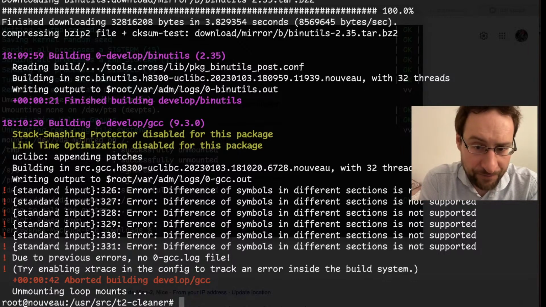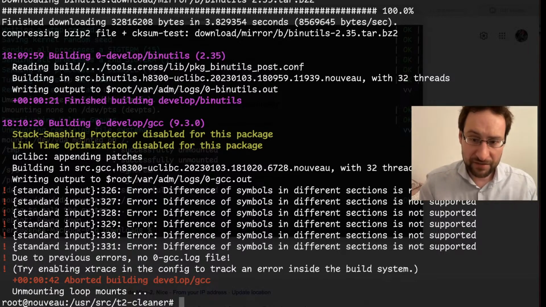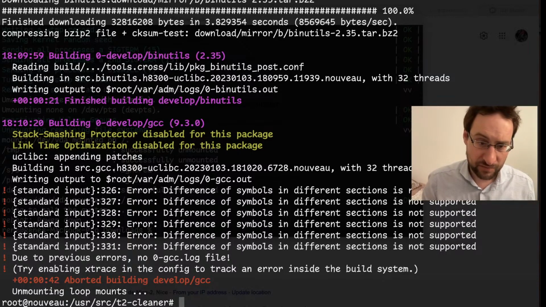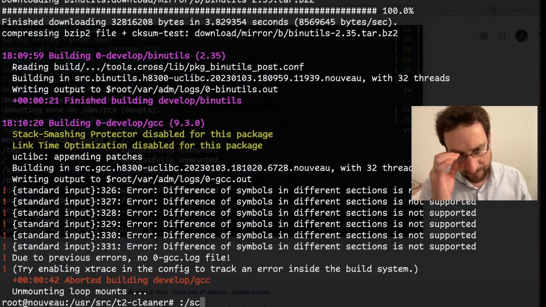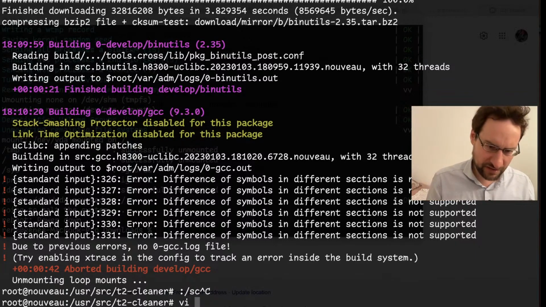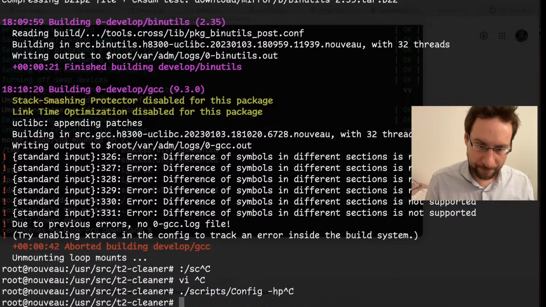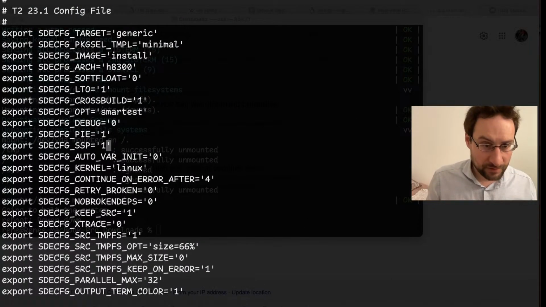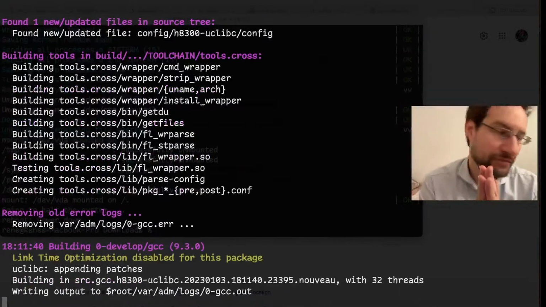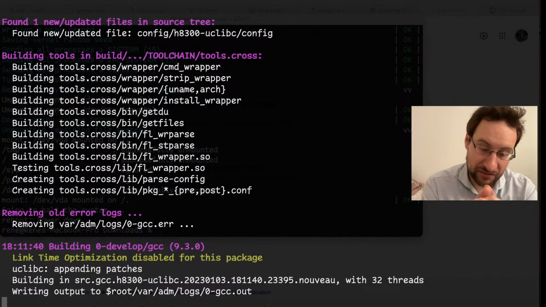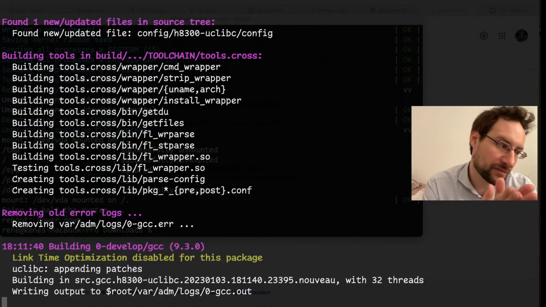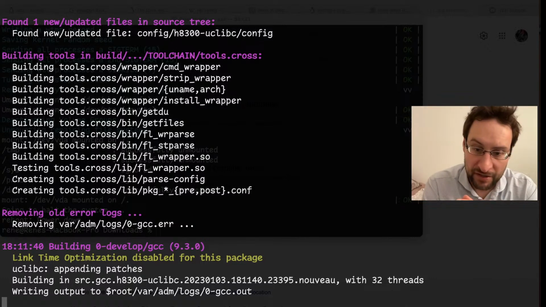The error changed. Oh wait, it might actually be that different sections are not supported. Hold on. Is it possible? Oh no, it is possible that this is position independent stuff. I should have checked. So let's not build with that, obviously. Let's see, and then maybe we don't even need this binutils and GCC overlay. Just a long shot. Pro tip: I should have spent half a minute actually reading the error message.